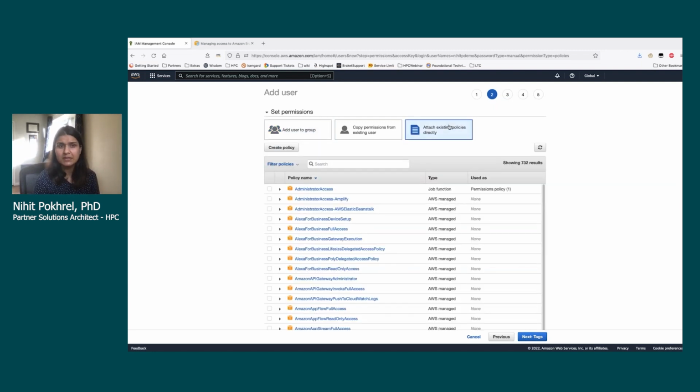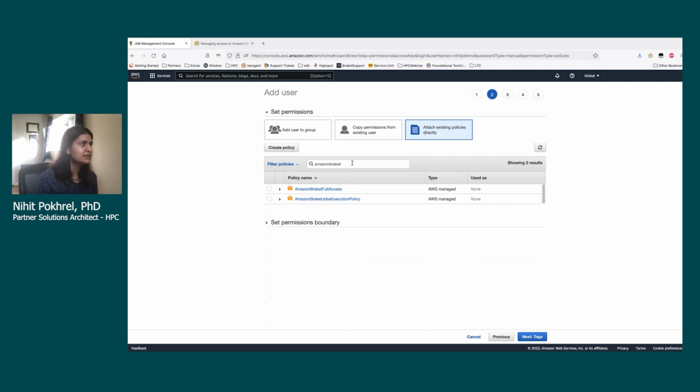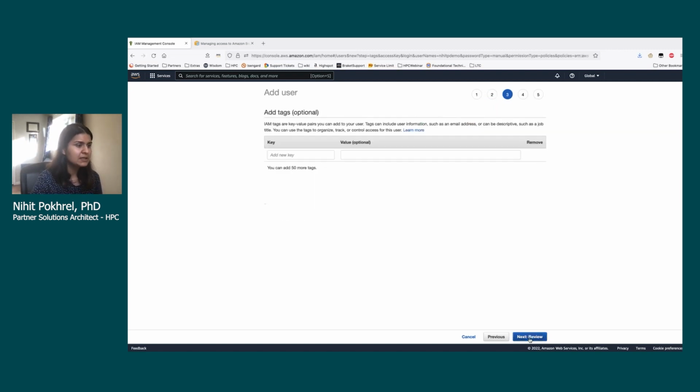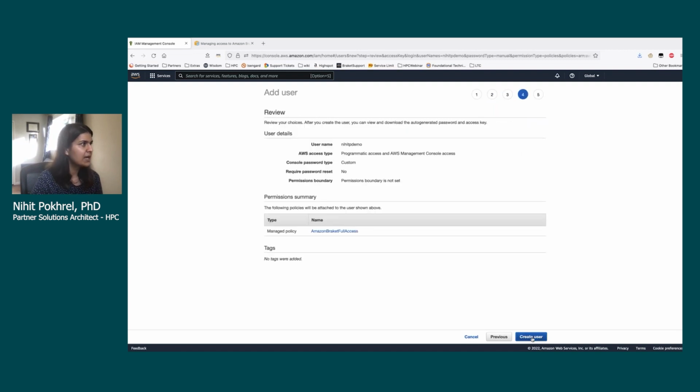These policies determine the permissions associated with any user. So on the search bar here, type in Amazon Braket full access. This policy, when attached to the user, gives almost everything that the user needs to run their first quantum task. Now we'll go ahead and select next. Select next. Make sure all the information here is correct, and we'll now go ahead and create user.